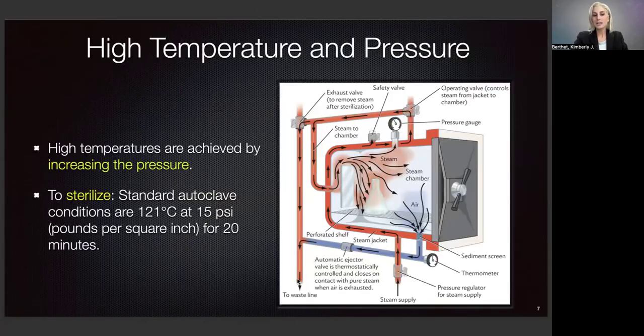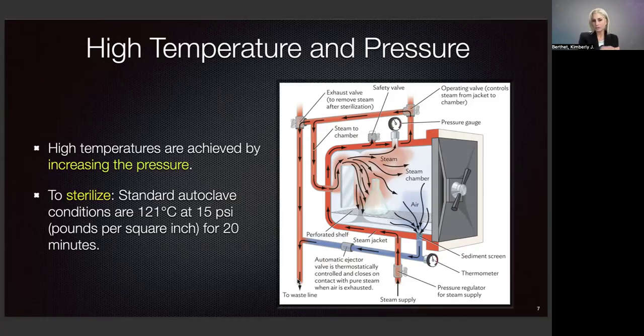Okay, let's look at methods of sterilization, decontamination. As we move through these, we're going to see some that are more common than others. So here we can see an autoclave. An autoclave is a very common way of sterilizing laboratory equipment and also sterilizing equipment used in surgeries. So any of the metal surgical tools are typically put in an autoclave. We can even see this at a dental office. They have smaller autoclaves in which they add their equipment into these little blue and white bags, and they place them in the